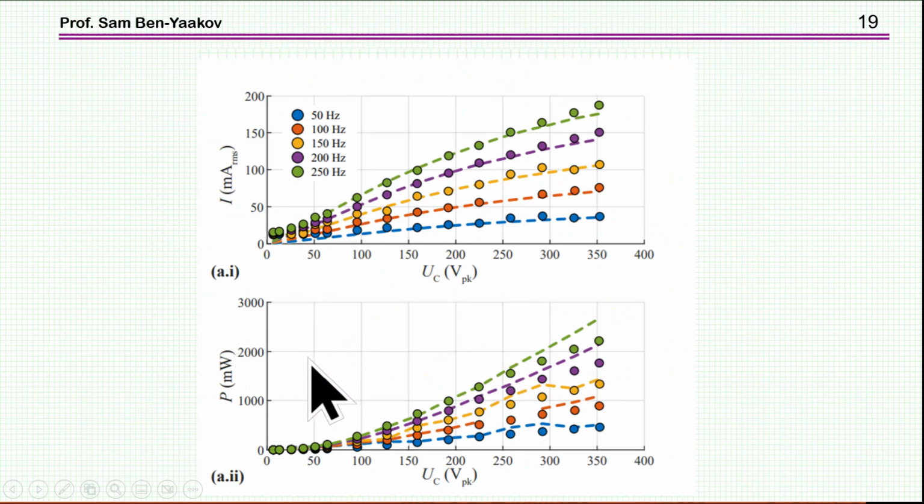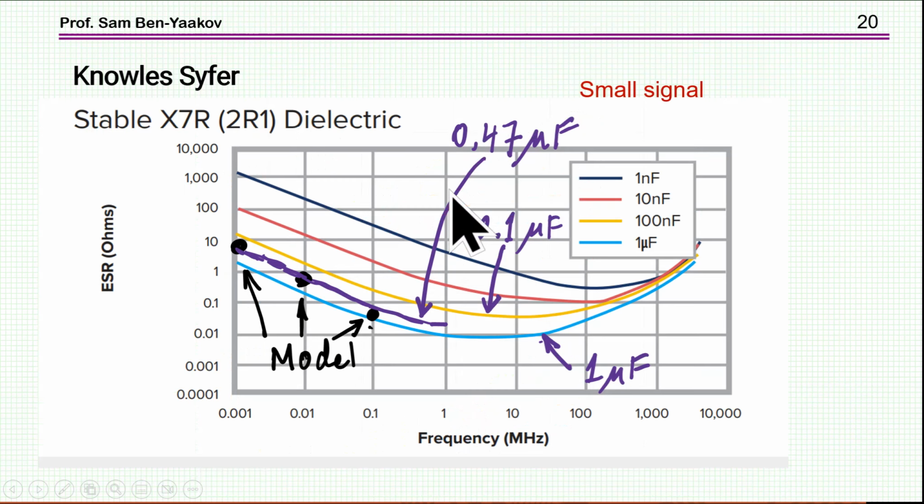And here are some experimental results. Again, the dots are the experimental measured points. The broken line is the curve according to the model that was fitted to the measurements. We have here different frequencies. This is the excitation, which was an AC voltage. This is the current. And here is the power dissipated for each one of the excitations, which corresponds to a given current. Now, using this information and the model, we can see that there is a very good match,